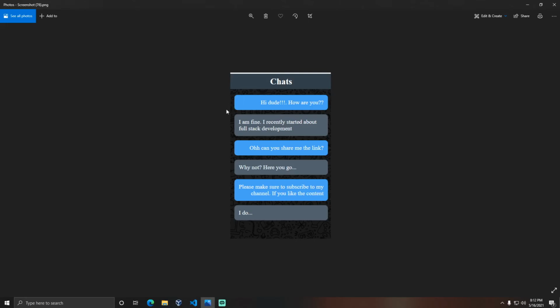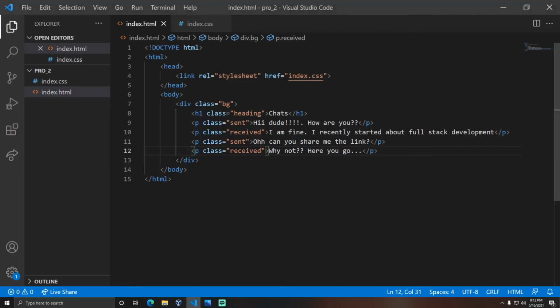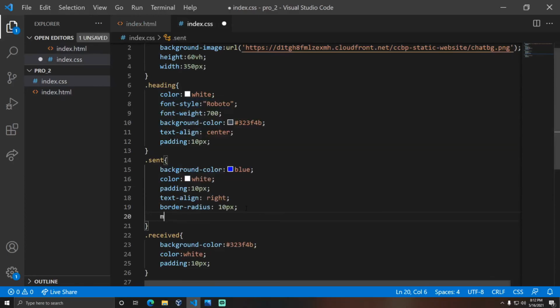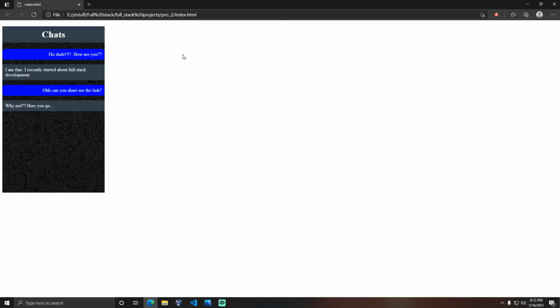So in order to achieve that, you need to use the margin property. As you know about the CSS box model, you can know why I am applying padding in some situations and why I am applying margin. So here you need to apply the margin property. Let me say that as 10 pixels. Refresh it.